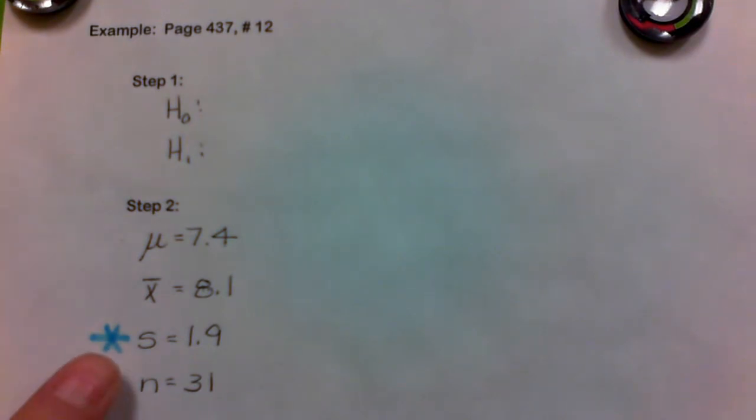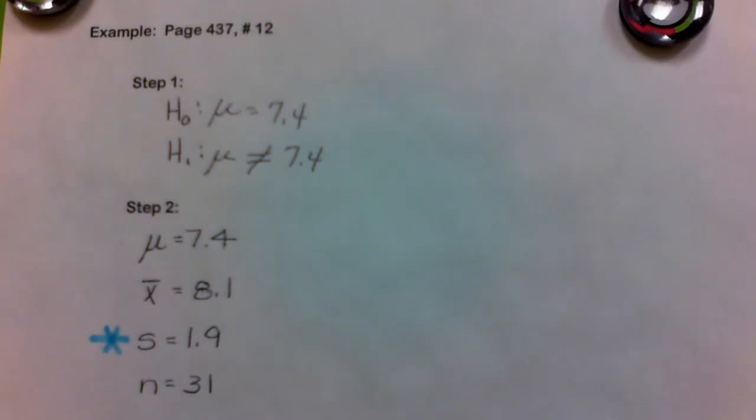Okay, that's important because sigma is unknown, so this tells me right here we will calculate a t-value, not a z-value, which means we use the student's t-distribution. But before we get there, we need to read the last sentence to set up our null and our alternate. Use a 5% level of significance to test the claim that the drug has changed either way the mean pH level of the blood. So,